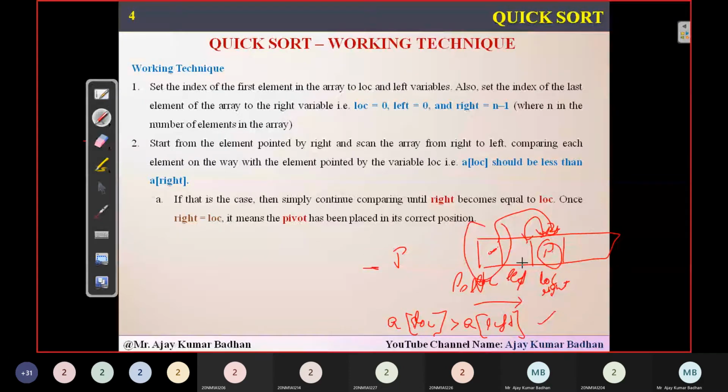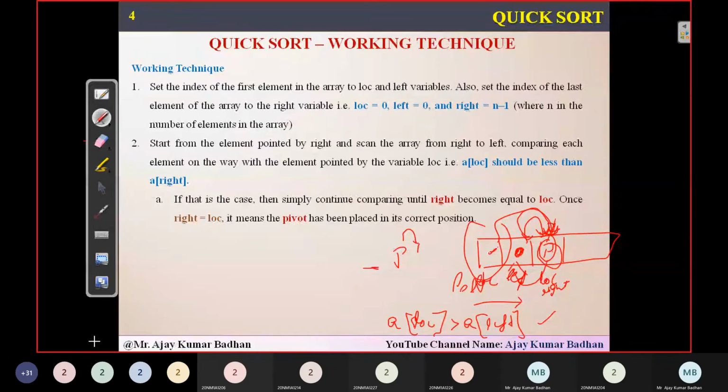But in this case, if you find an element here which is greater than pivot, what is the condition? The greater element should come before pivot. So this element has to be swapped here, and this pivot should come up here. So pivot right now will be coming up into the location called 1 0.